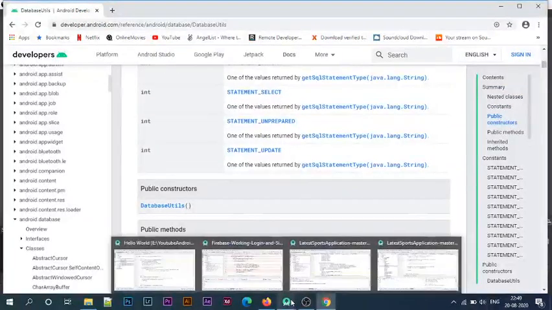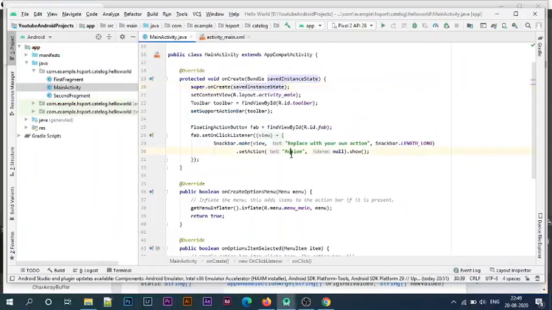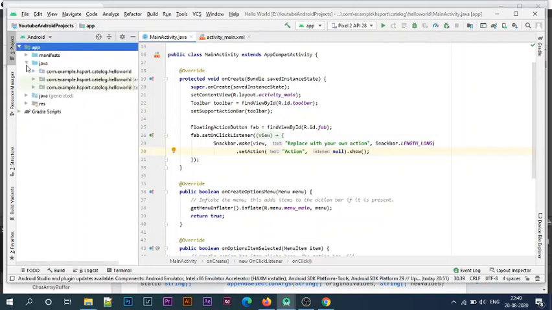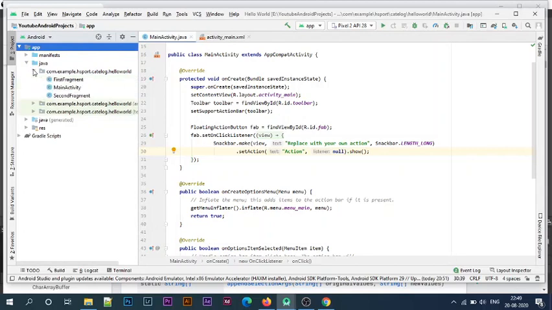Now I will go back to my project. If you are working on an Android project and you want to find documentation for a particular Java class, you can do that fairly easily. I have opened Hello World, which I was working on. I will open the app folder. Over here, I will go inside the java folder and then click inside the package which I was working on. Over here, I will click MainActivity.